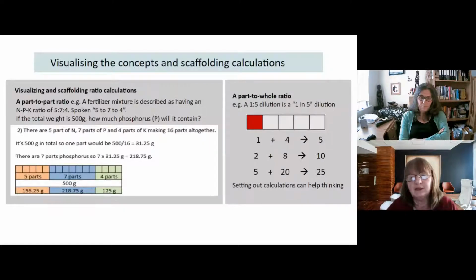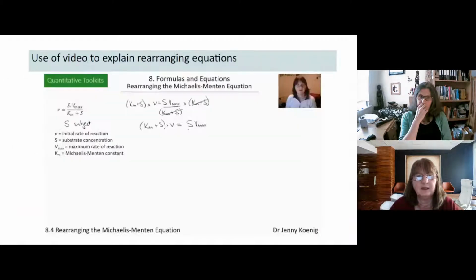And then if you set out your calculations like I've done there, lines one above the other, it helps to visualize what's going on, and it helps to set it out in steps. And then it can help the thinking through. It can support the mathematical reasoning, I guess. That's what I'm saying. So there are some things that don't translate well in text, and for that we've used